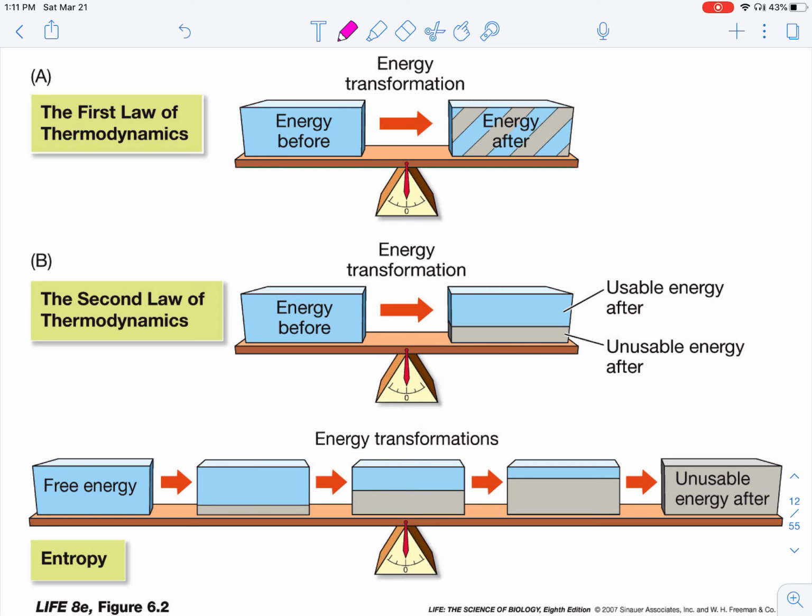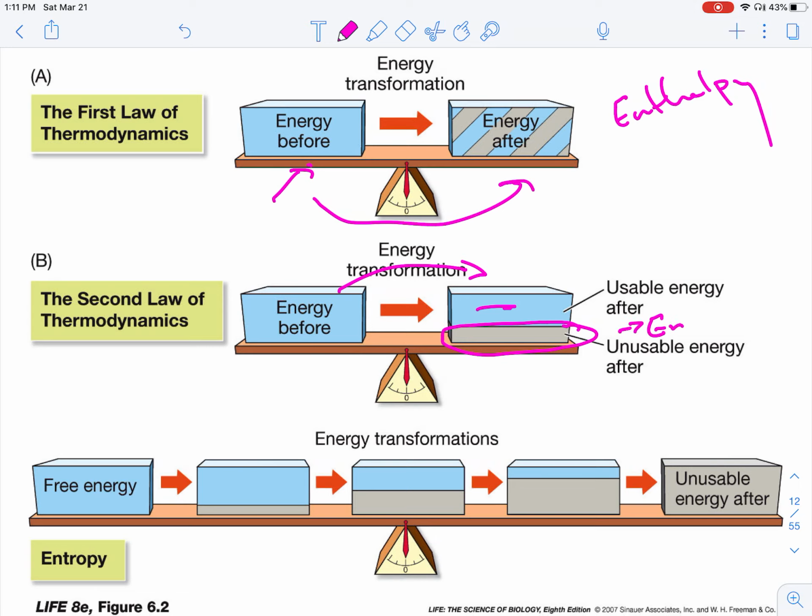Here we see this block represents energy. We can do all sorts of transformations to that energy, right? But the total amount of energy must stay the same, and we will call that total amount of energy enthalpy. And the second law says every time we do a transformation, the energy that's available to do work decreases, and there's energy that we can't use or access, which we call entropy,